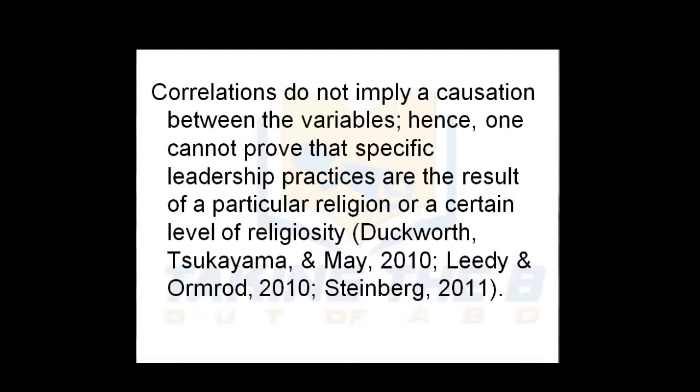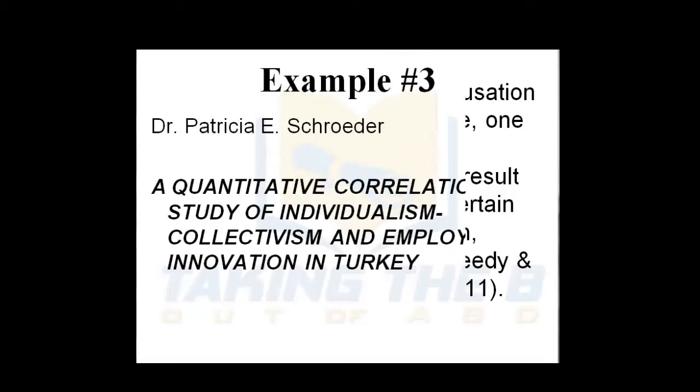Here you'll see near the end he adds in a couple different authors you may not have seen yet or may not even be aware of. Through his research he was able to find another couple authors, Duckworth, Takayama, and May, as well as Steinberg. So these are in addition to Leidy and Ormrod. There are many different authors out there that you can look at to include in your work. You don't have to just take the 2 or 3 which are most commonly applied, because those are the authors of textbooks provided in most university research courses.